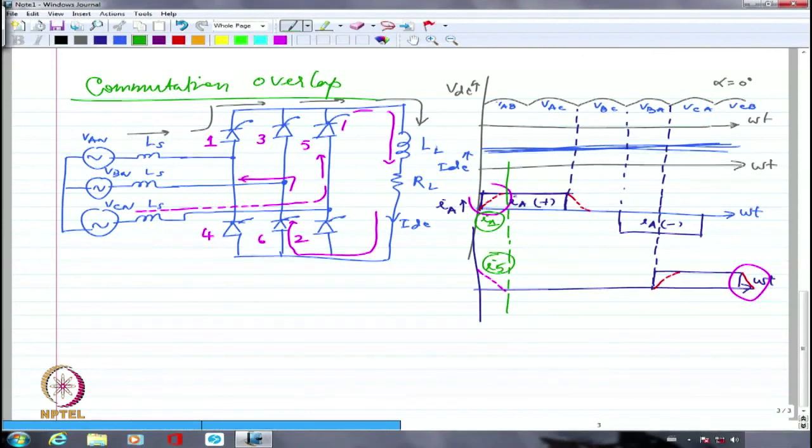And the rate at which I5 is falling hopefully should be the rate at which I1 is rising. Both of them should be really in great synchronism. Otherwise, you will not really get the same amount of DC current all the time. Let's try to now draw the equivalent circuit of this converter only during the interval when 5 and 1 are overlapping with each other. So let me first of all take your help in drawing this. This is VA and this is